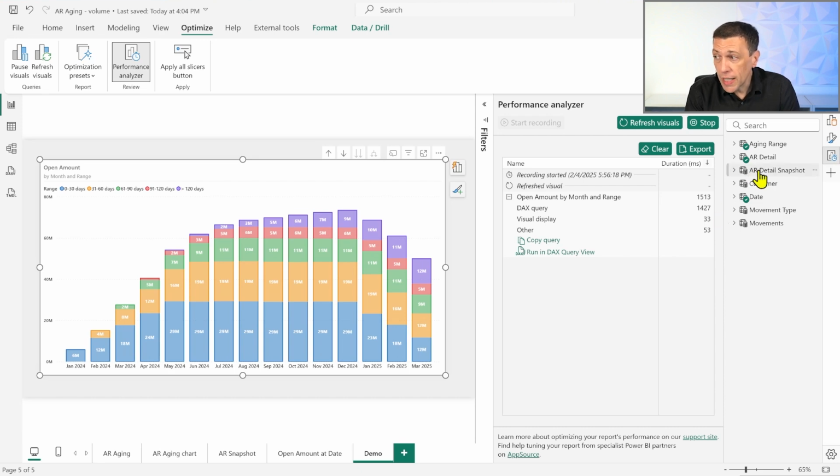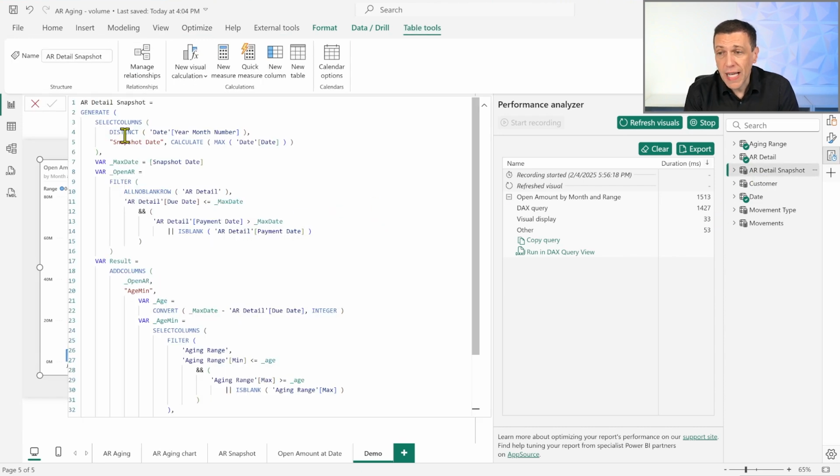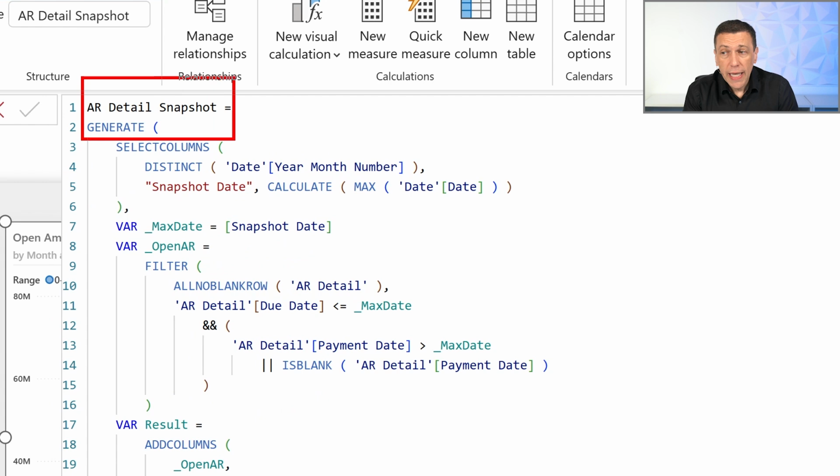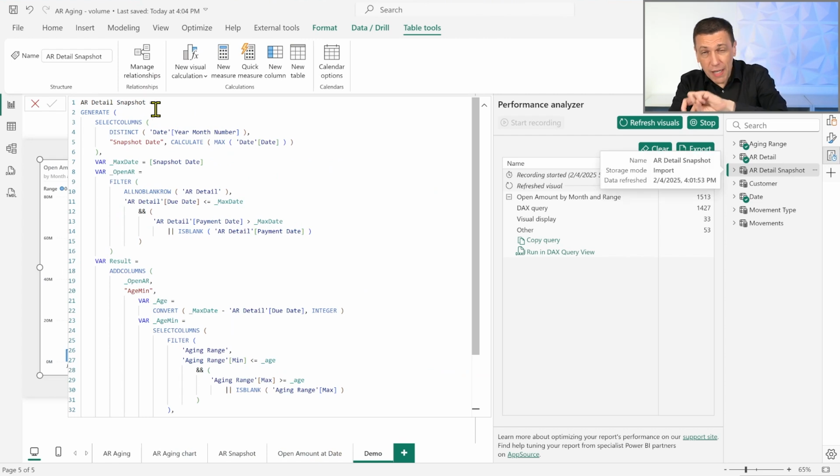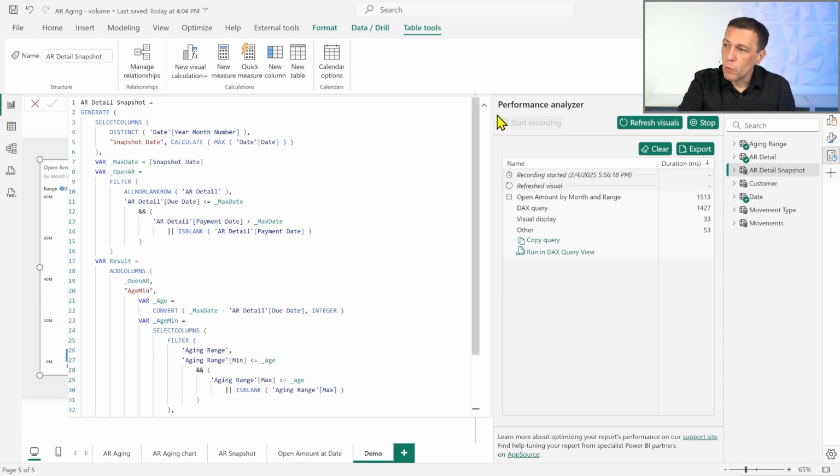And this is what we did by using this AR detail snapshot. This optimization is also described in the DAX pattern that I mentioned before, the events in progress pattern. So you will see in that pattern also the implementation of the snapshot. But remember, we are not just combining the snapshot. Here we are combining two patterns, the events in progress pattern, and